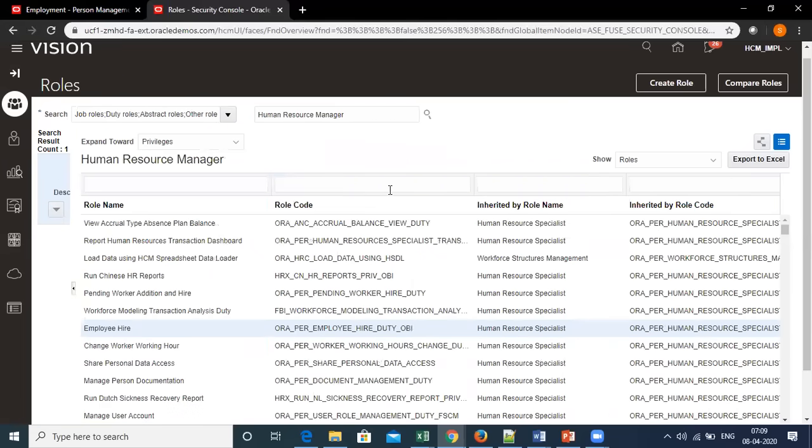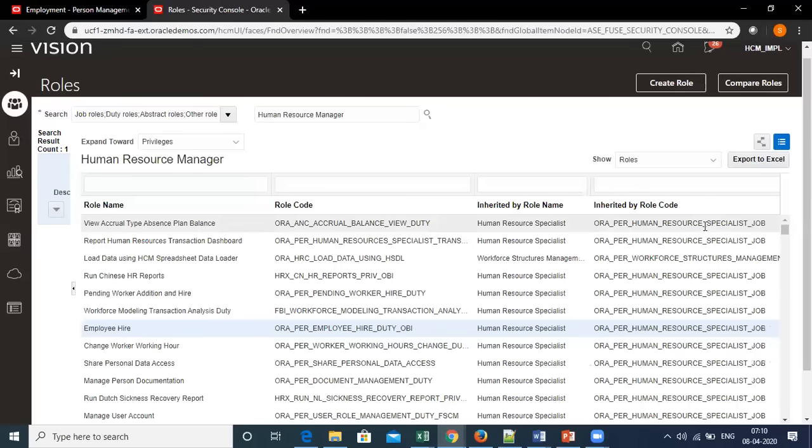All right. So now this is human resource manager role, and we can see that there are various roles available. If we check the inherited by role name column, this column says through which role we are getting this duty. So there is human resource specialist. If I check the code, this human resource specialist is again a job role.